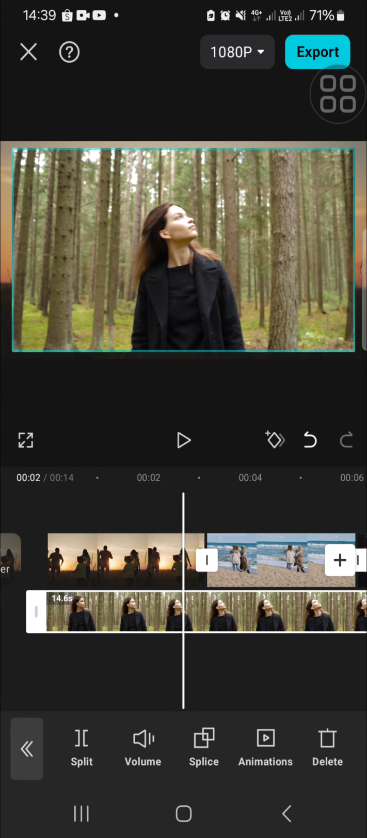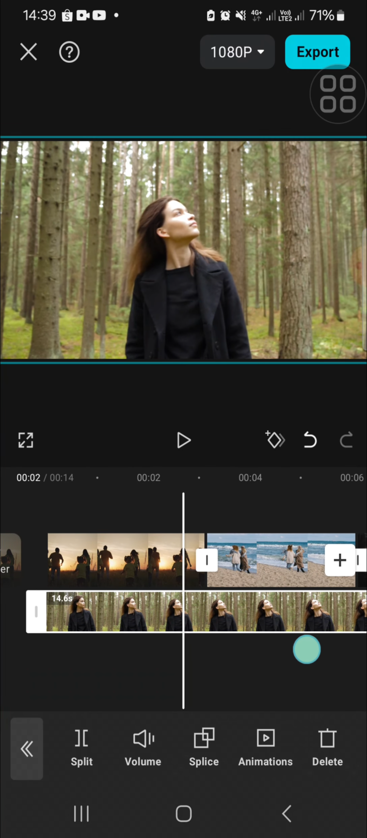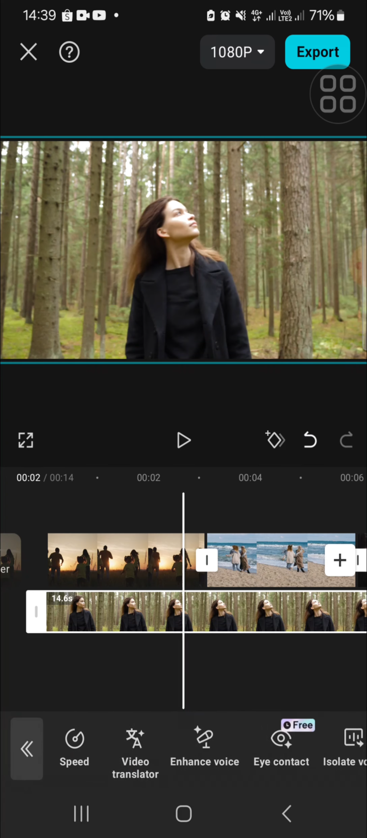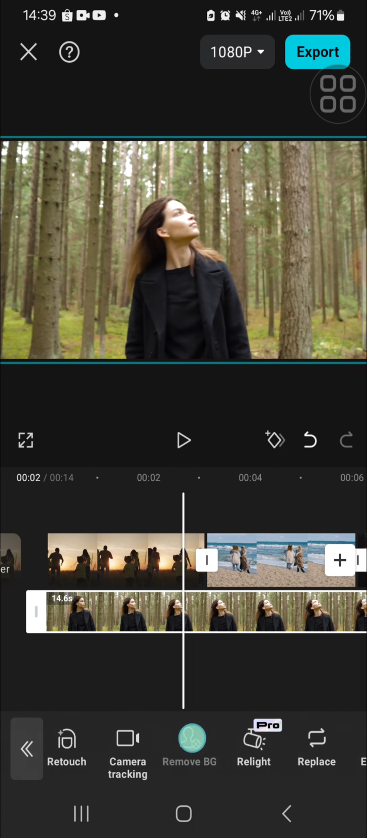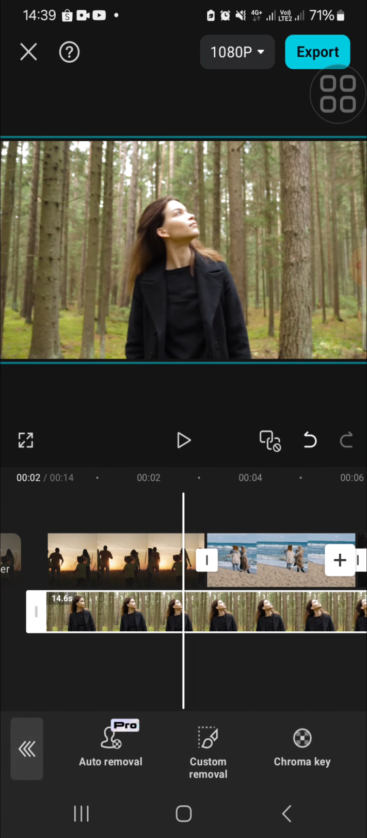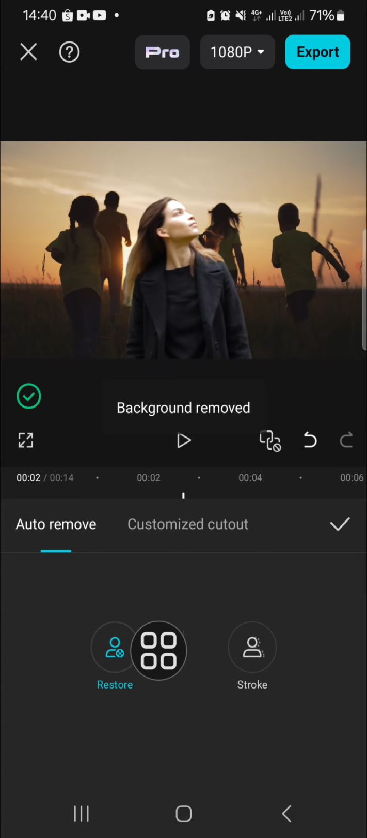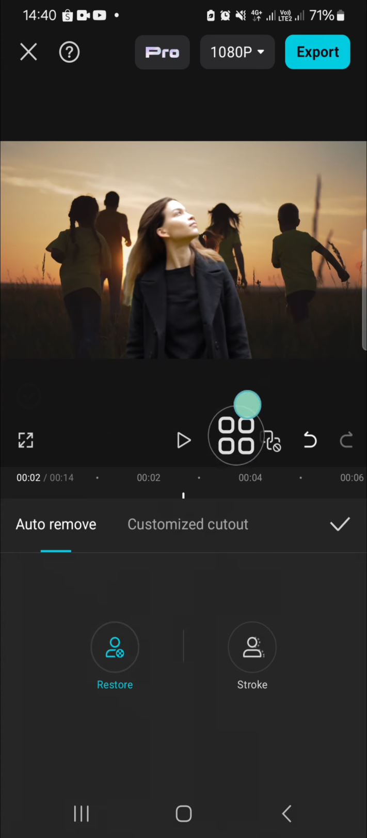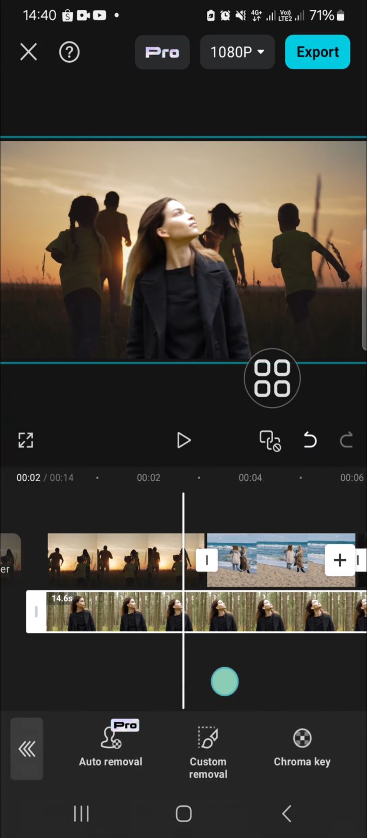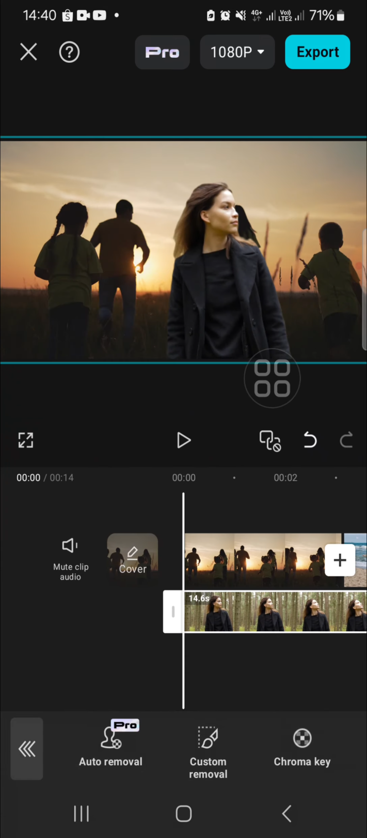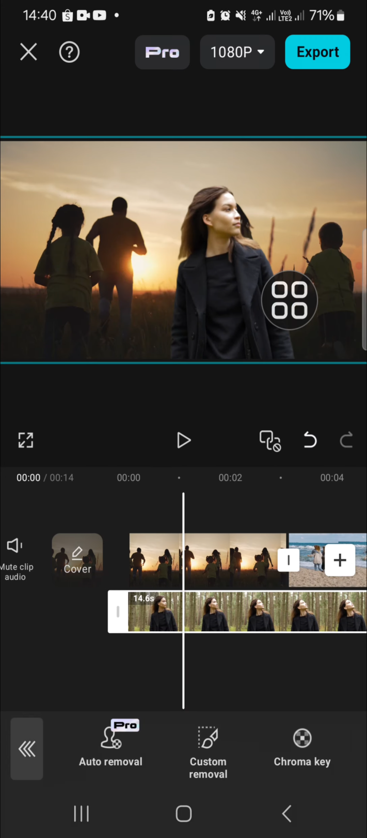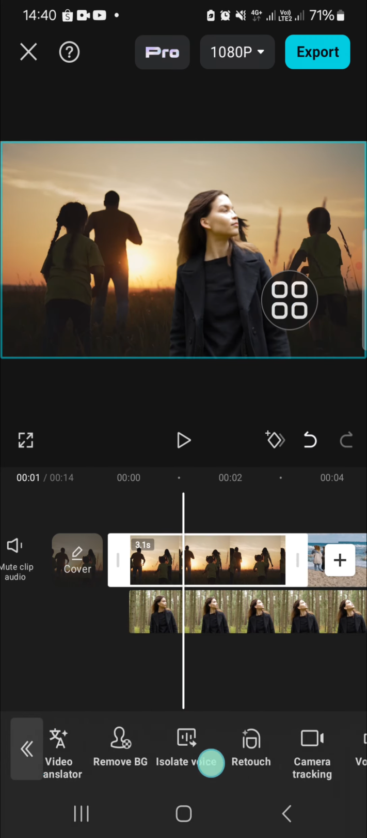Alright, and then I'm going to remove the background of this video. We can go to the remove background option. Okay, we're going to use custom removal or auto removal. If you are a premium user, you can use auto removal, and if you don't have the pro feature, you can use the custom removal. Okay, as you can see guys, the background has been removed,